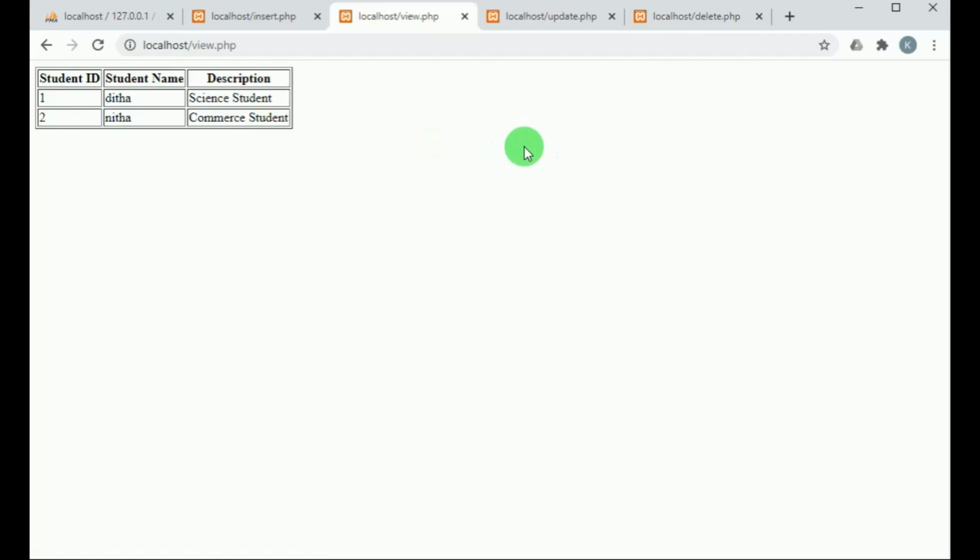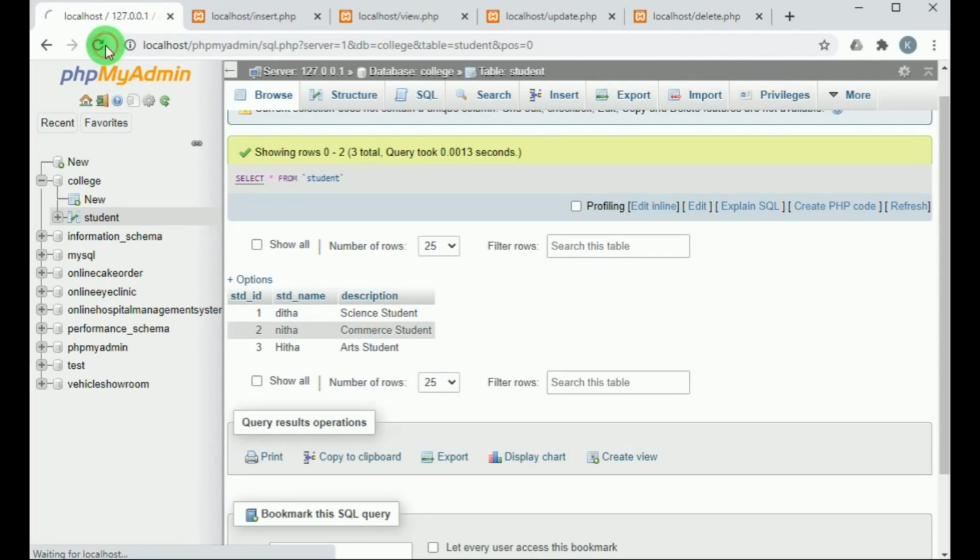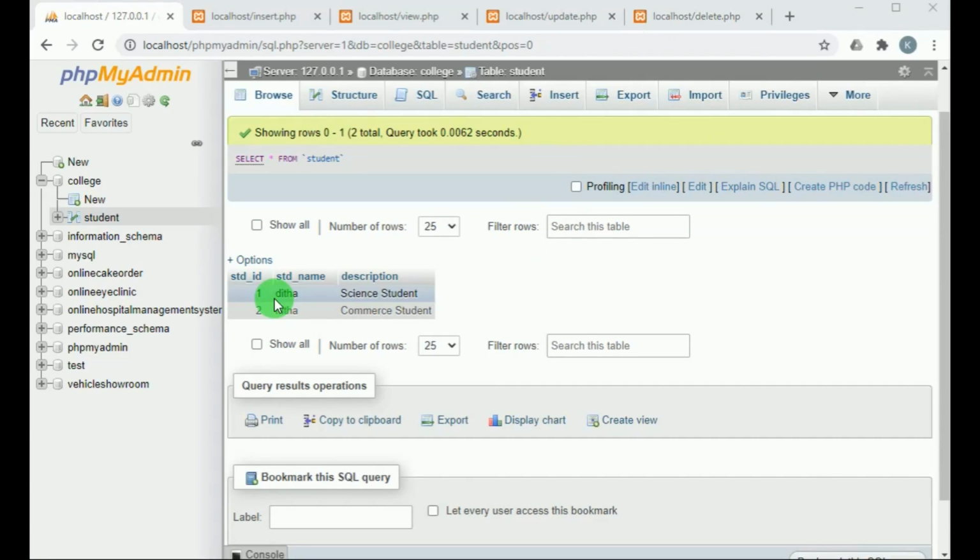We can see the record with student ID 3, that is the student name Hita, is deleted. Let's see the database MySQL server, how the data is deleted or not. We can see here the data is deleted.